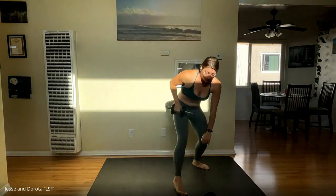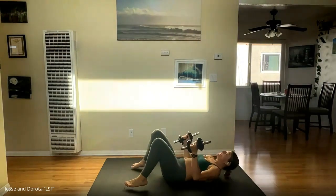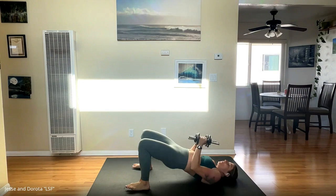And number 2, we're going to be on the back. We're going 3 combo movements here. We're going to start with a hip thruster, keeping those glutes tight and activated. We're going to keep the dumbbells tight to the body. We're going to go into a shoulder,